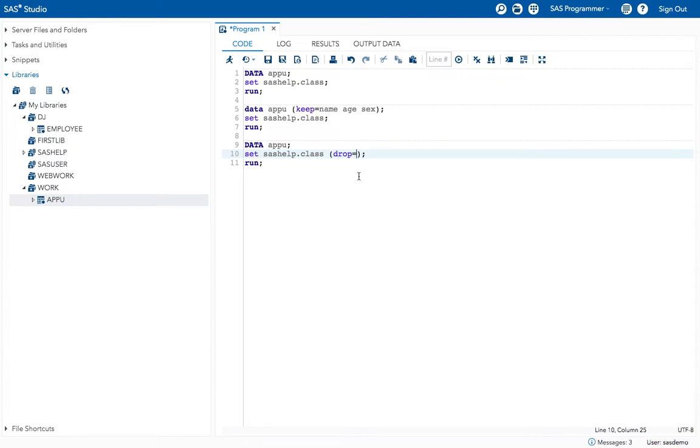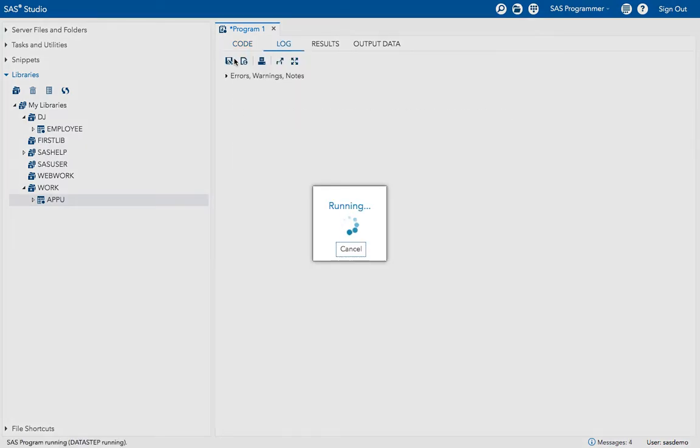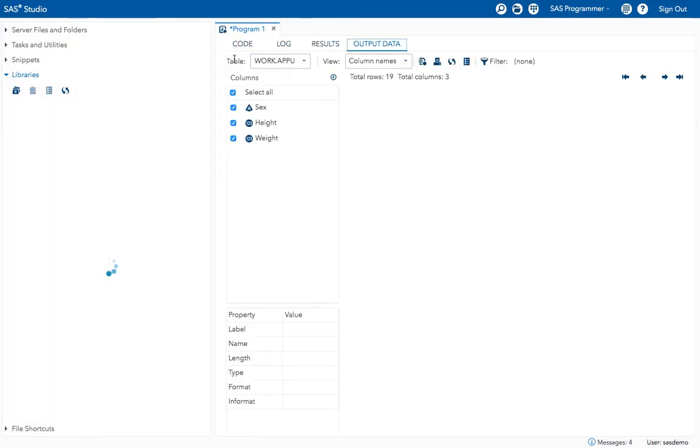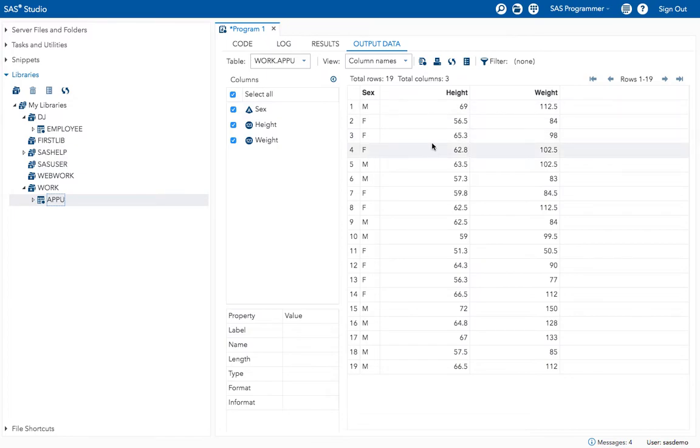I will ask SAS to drop name, age. Now run the program. See, now it dropped name and age and it gave sex, height and weight.